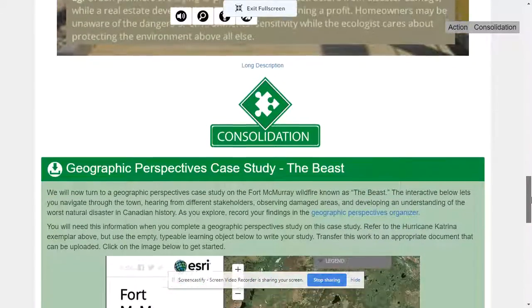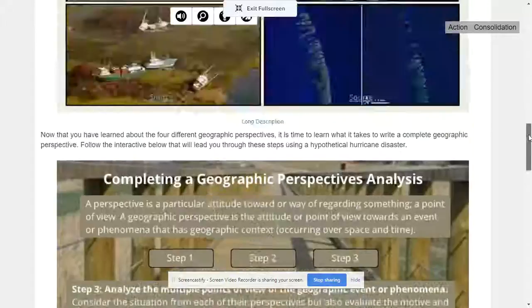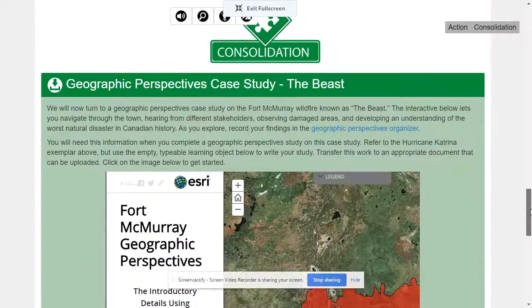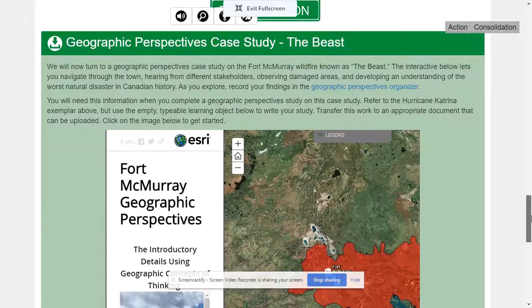Okay. Speaking of that, here we go. You notice that the content here is pretty short in this one. So our consolidation piece, our Dropbox piece, is a case study of the Beast, which was the nickname of the Fort McMurray wildfire from a couple summers ago. Okay, what you're going to do here, so there's two things. You're going to do the geographic